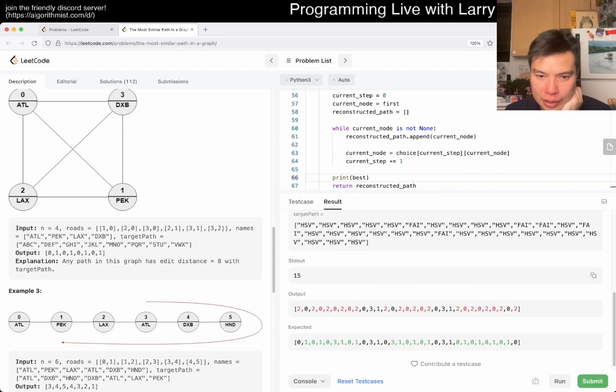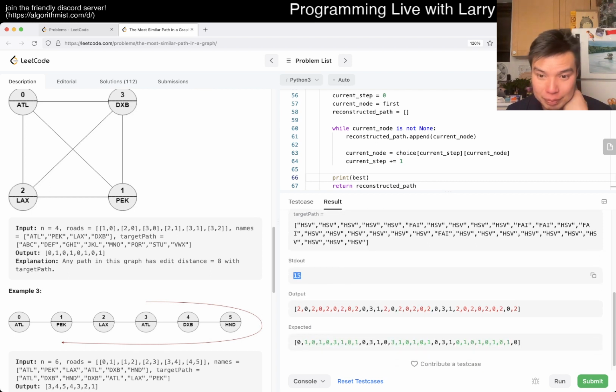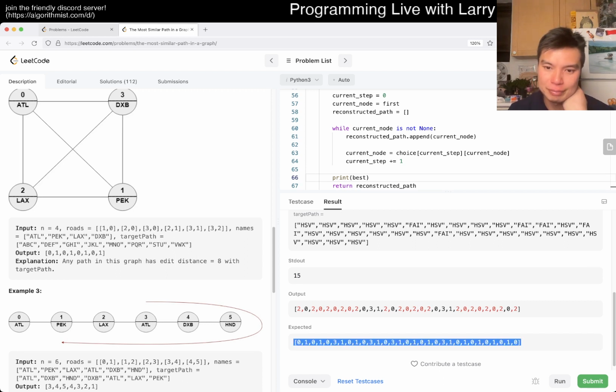So the answer here is 15. This is just like a mess to read. I don't even know what the score here is, right? So probably just have a typo somewhere, but